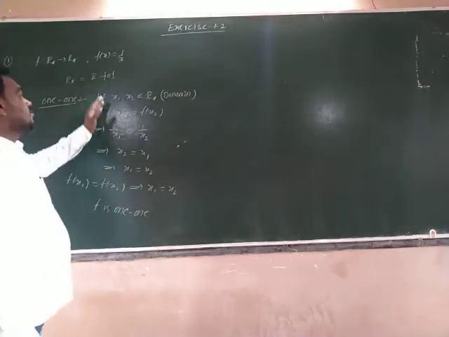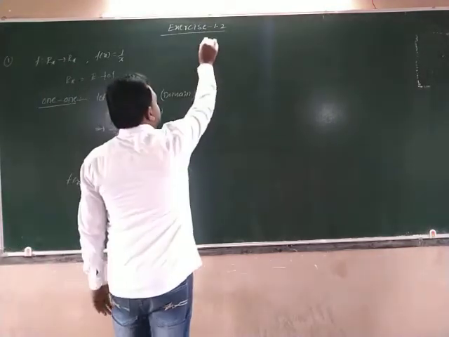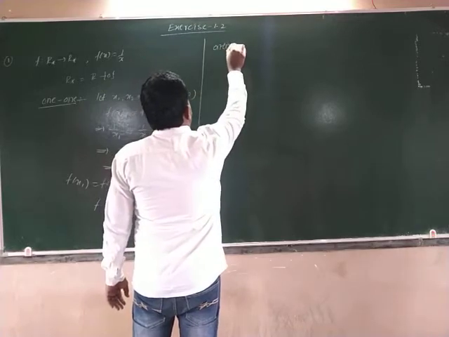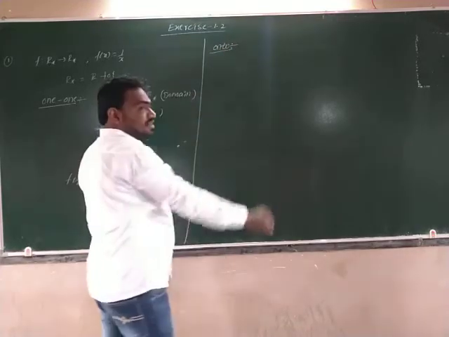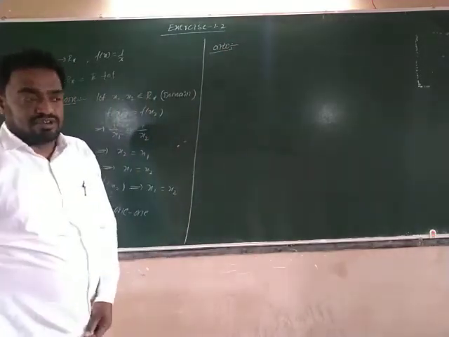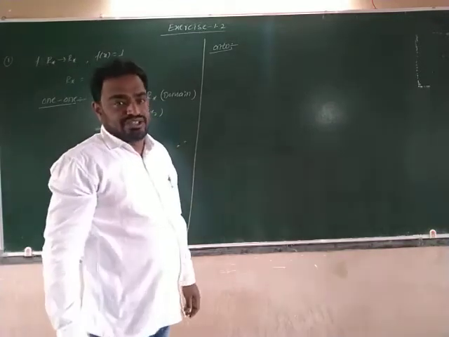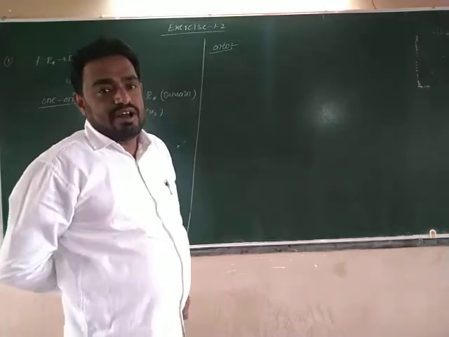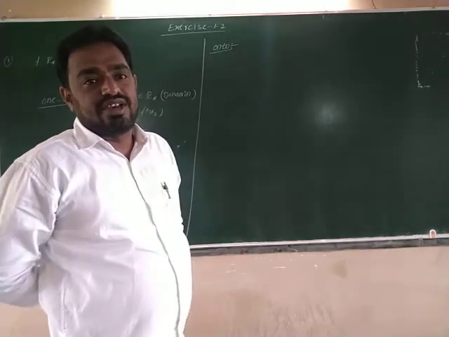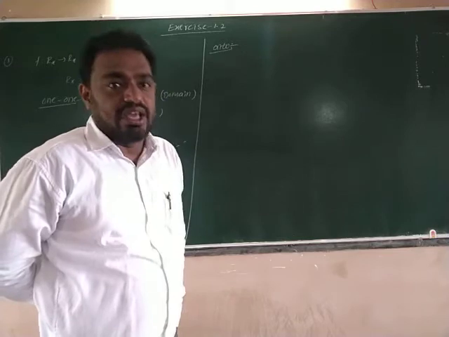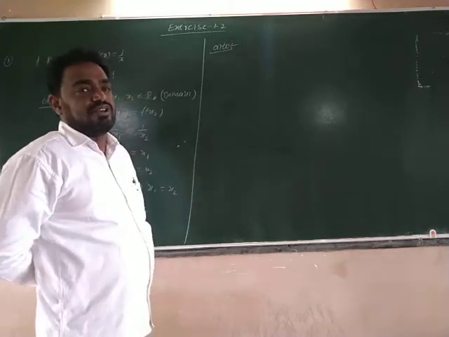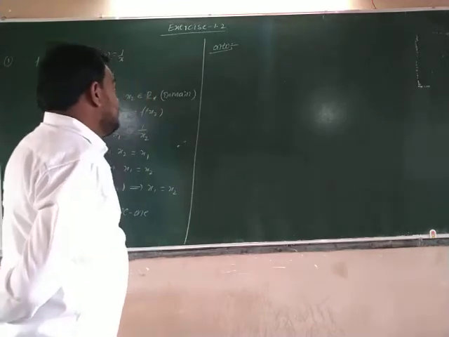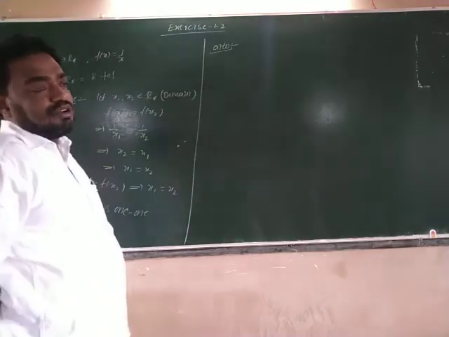Now coming to onto function. How do we do that? You see, what is the definition of onto? Codomain is equal to range. Otherwise, for all b belonging to B, there exists a belonging to A such that f of a is equal to b, then f is an onto function. Here, domain is R star, codomain is R star, and range equals codomain.